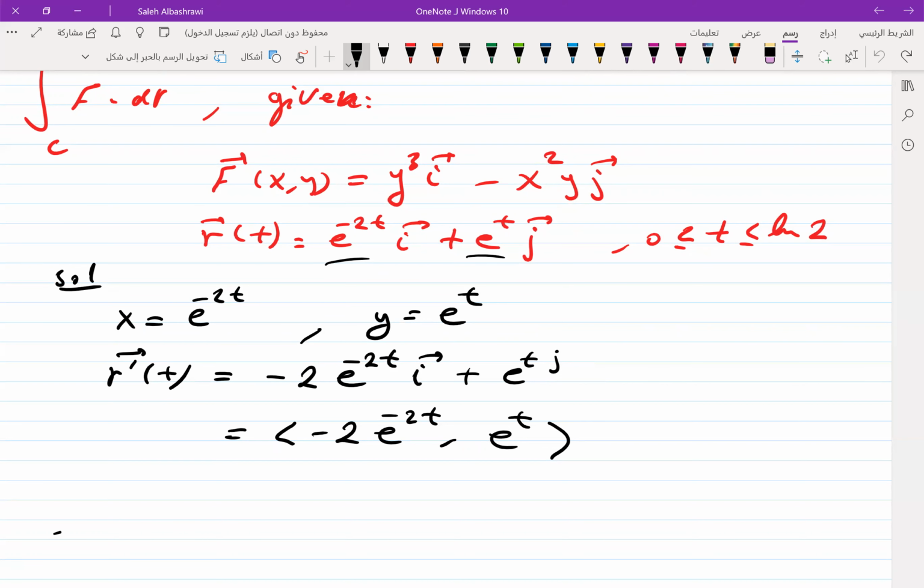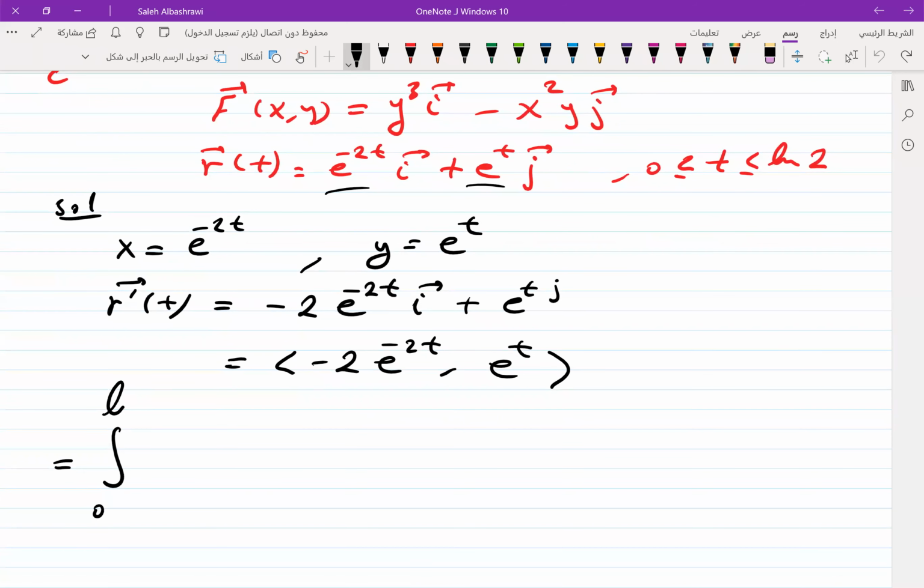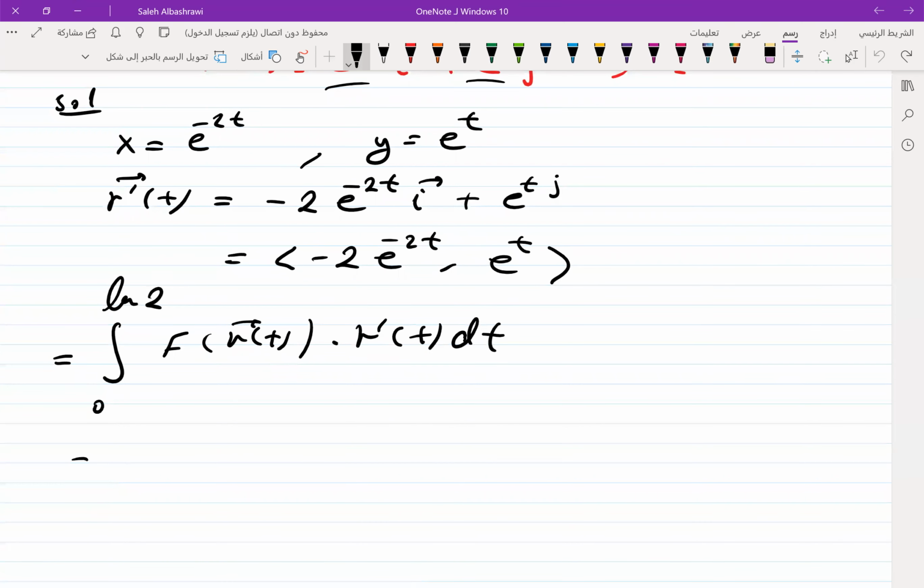So the integration is equal to the integral from 0 to ln of 2 of F of r of t dot the derivative of the vector function r of t dt. F of r of t means replace x by its value and y also by its value. That will be equal to, in bracket notation,